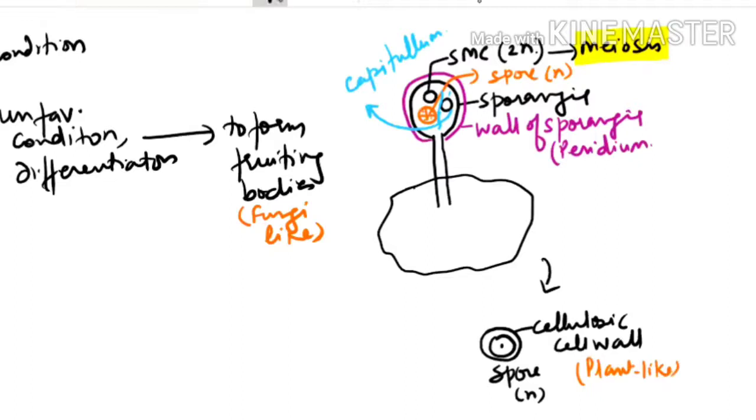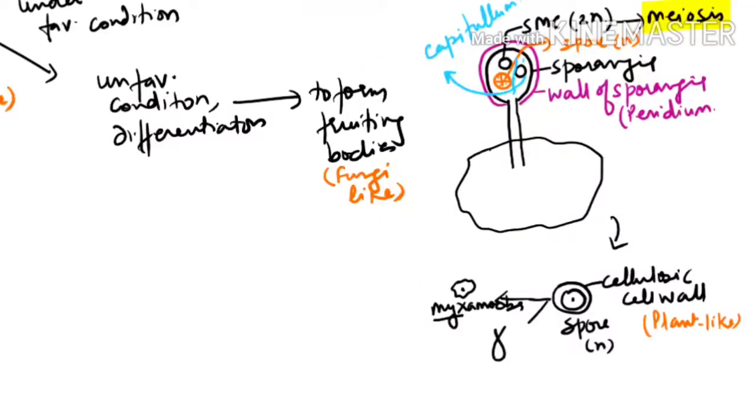Now the spore will germinate. To form, two conditions can be there. See, if they make a non-motile structure, we call them myxamoeba. Why do we call it myxamoeba? Because they are amoeboid-like. And myxo, why? Because it was placed in the Myxomycetes class in the two kingdom classification. For this, I'm just giving the notes also in the description link. You can check it. Okay. And they can make a motile structure, which is known as swarm cells. So they can make either myxamoeba, which is non-motile, or swarm cells, which is motile.